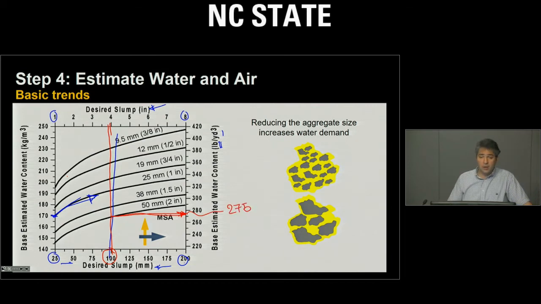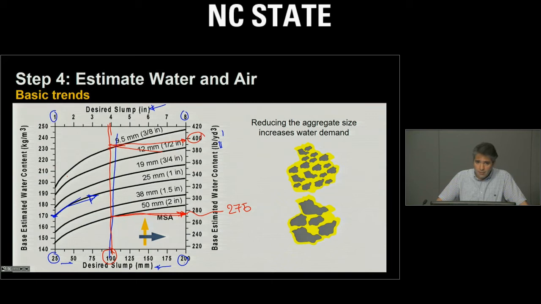We need to add 275 pounds of water per cubic yard of concrete. Now, if we have 9.5 millimeter or 3/8 of an inch aggregate, in that case, we need to add something around 400 pounds of water per cubic yard of concrete to achieve the same slump, the same 4-inch slump of the